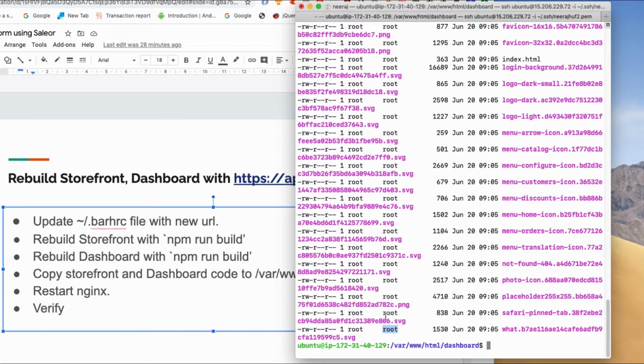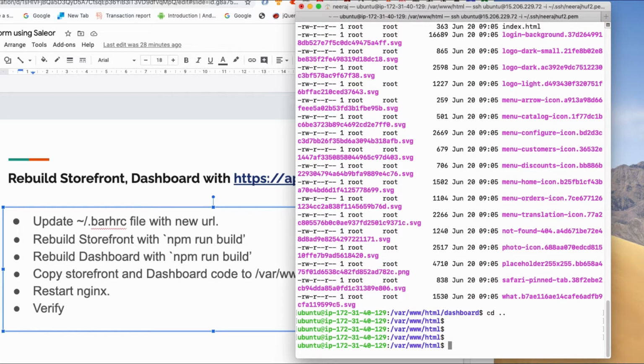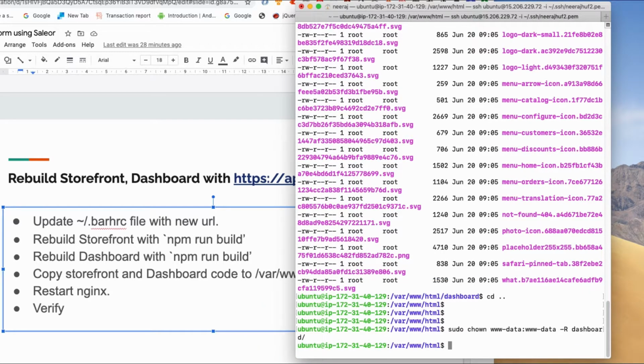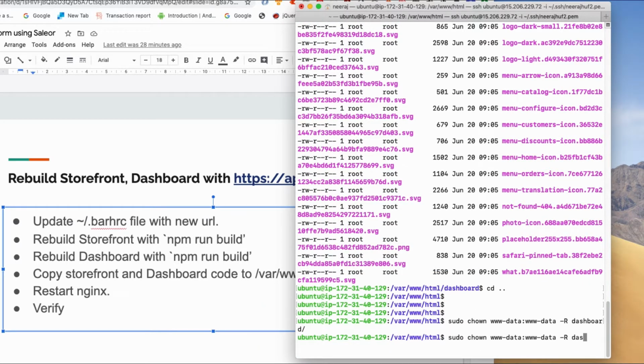Since we have copied through root, this will have root permission. So we are going to change the permission to www for dashboard with -R, and same for storefront.